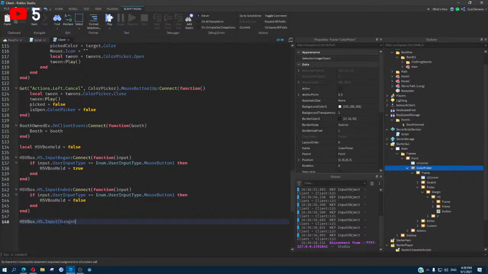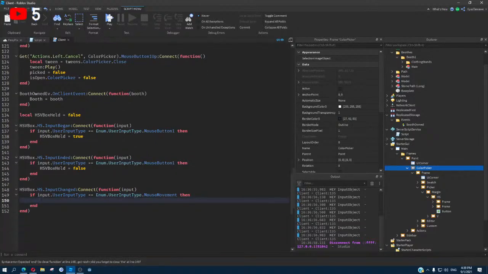No, not really. Change the next function, input, right? So if input.UserInputType equal to Enum.UserInputType.MouseMovement, then